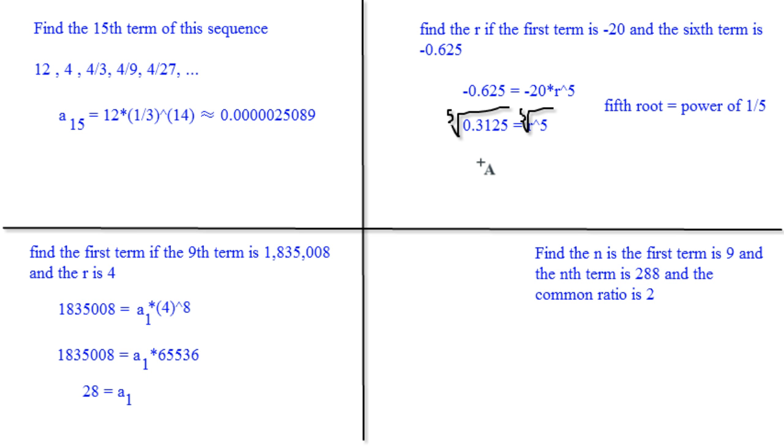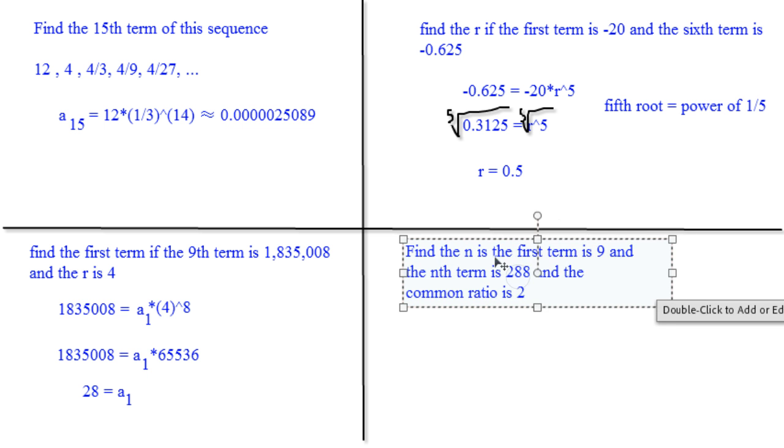I like using the rationals and everything, so r is actually going to be 0.5. Okay, so in this one you're just going to do the reciprocal of the actual power. Now finding n is going to be a whole other problem because you're going to actually have to use some logs to do this. Okay, so finding n,